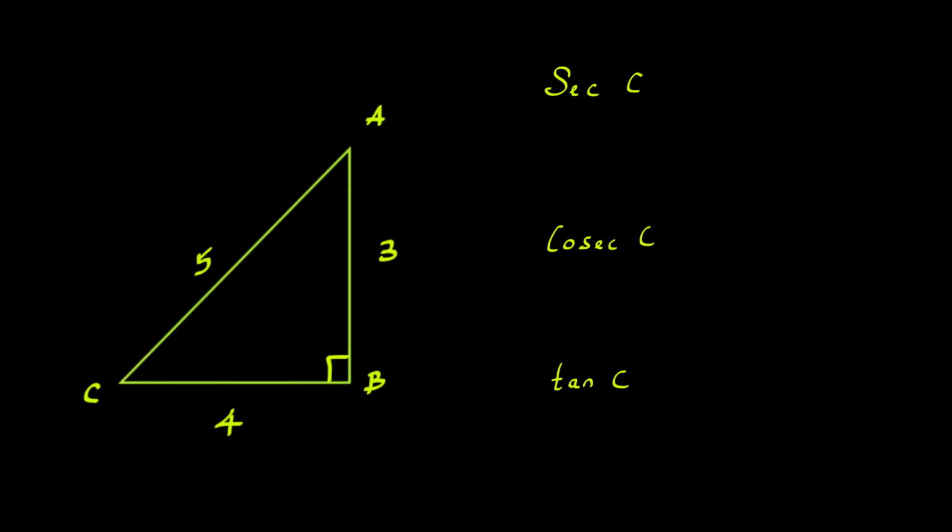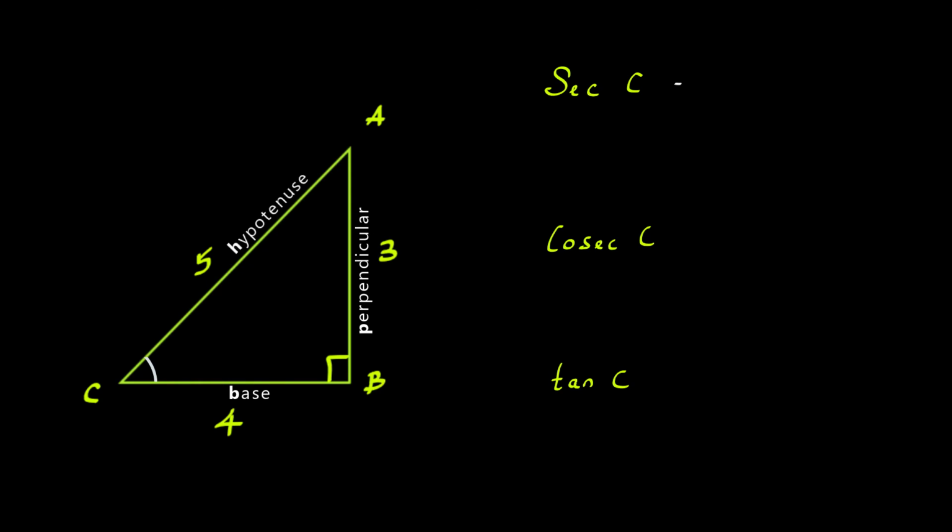Now, we are supposed to calculate the trigonometrical ratios for acute angle C. So, let's mark the acute angle C. Now, if you notice, the acute angle C and the 90-degree angle are lying on the side BC. So, BC becomes our base, AB becomes our perpendicular and AC becomes our hypotenuse.